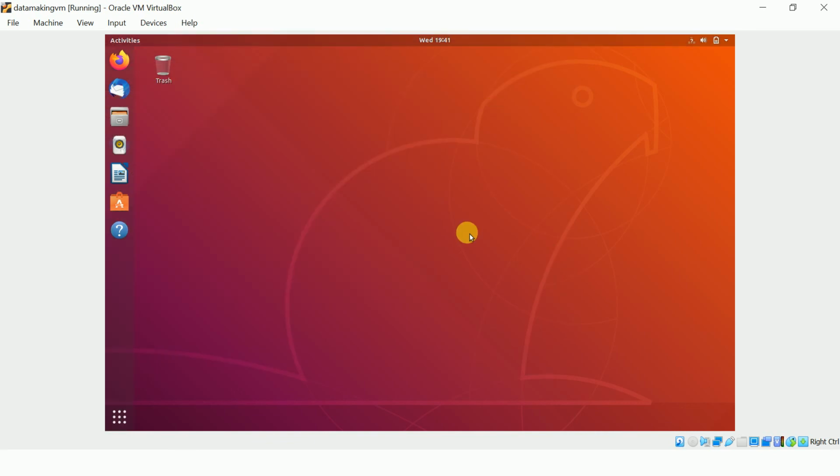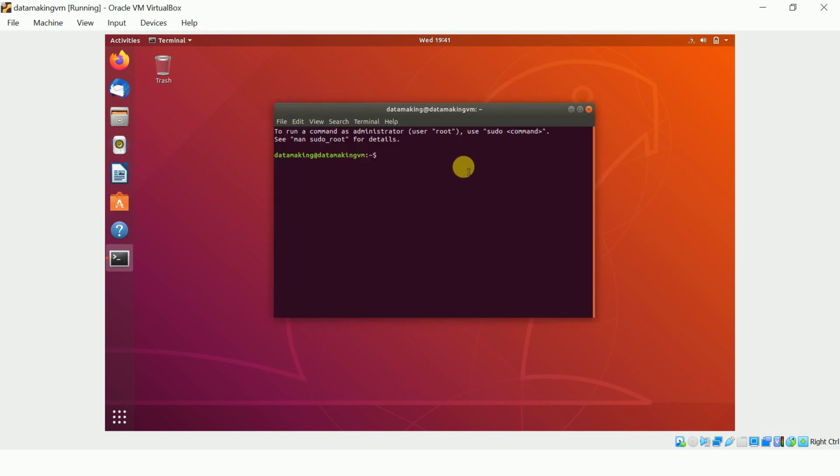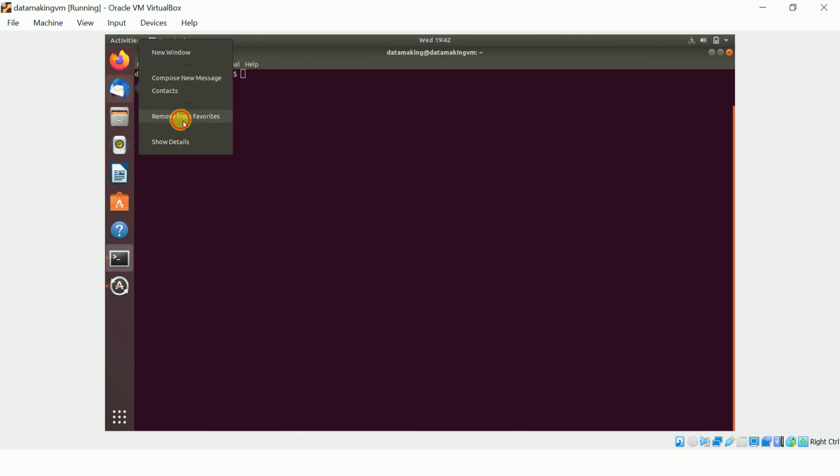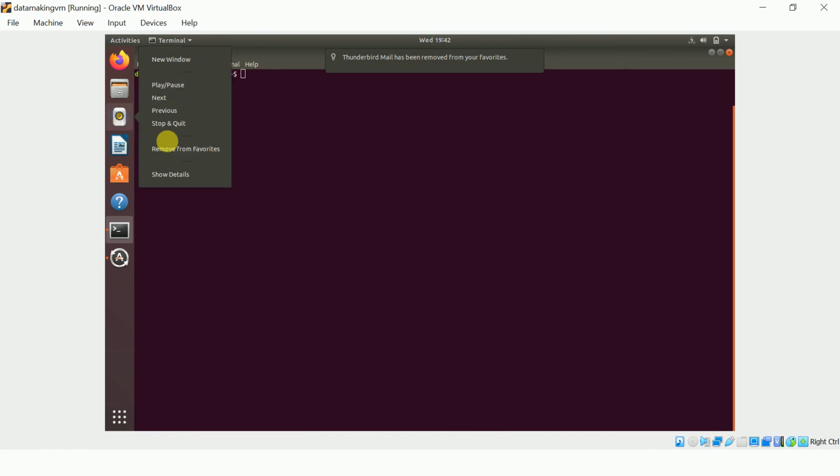You can press Ctrl+Alt+T to open your terminal. We are going to use this terminal window more, and the clear command to clear your shell. I'll remove all these icons from favorites and keep only a few.